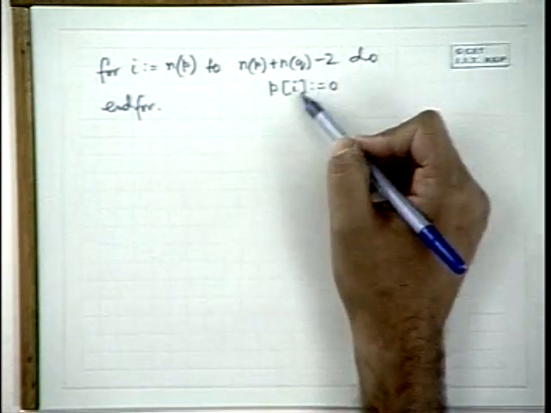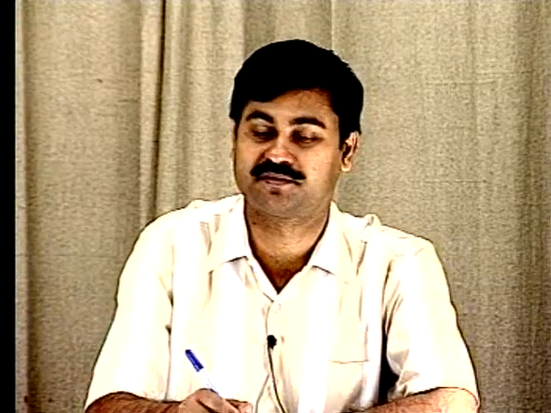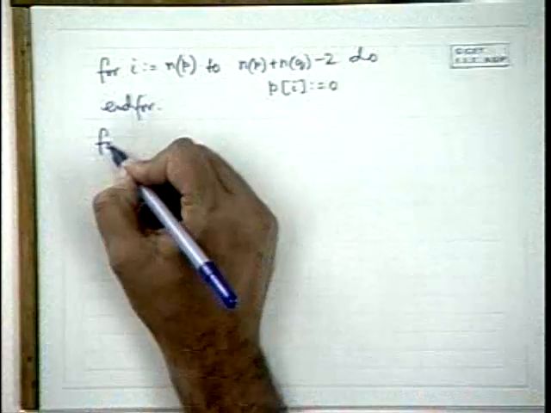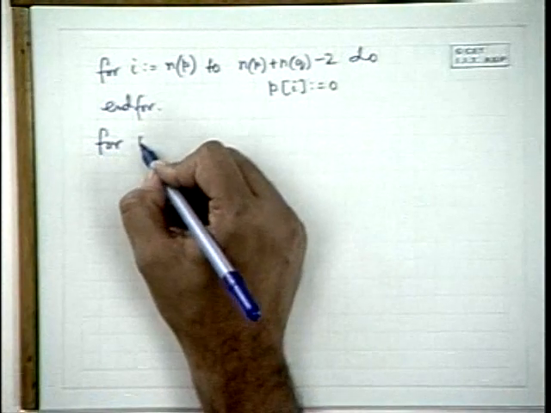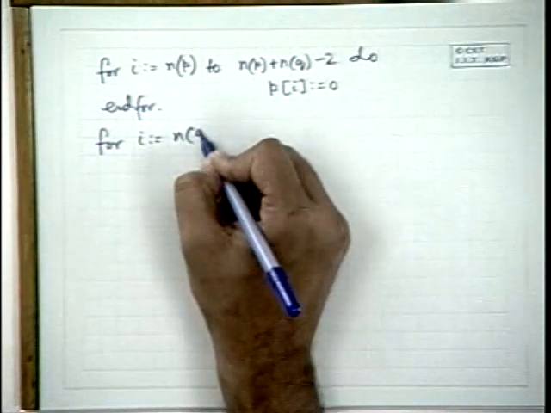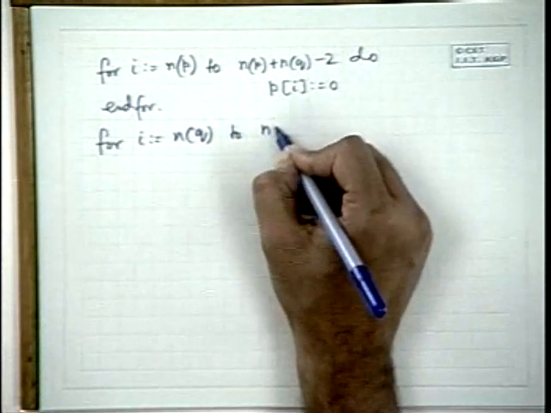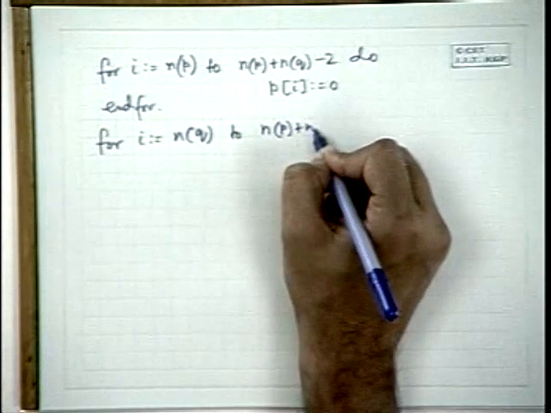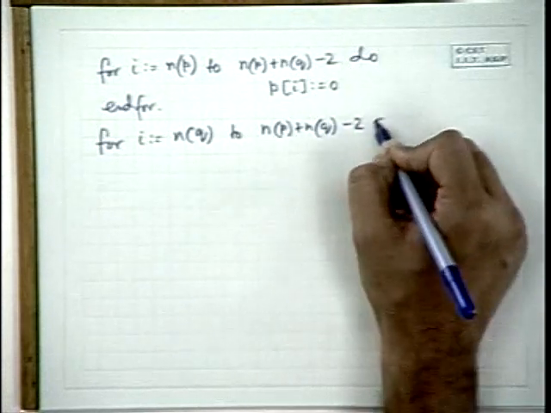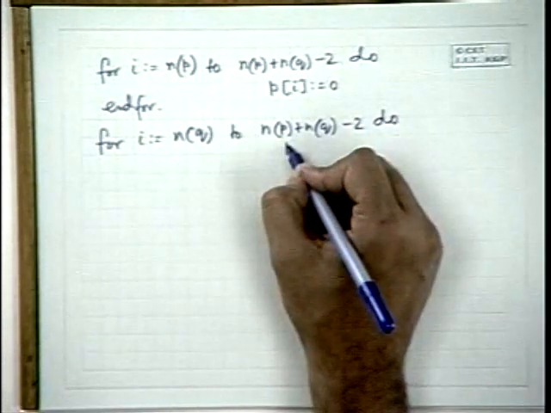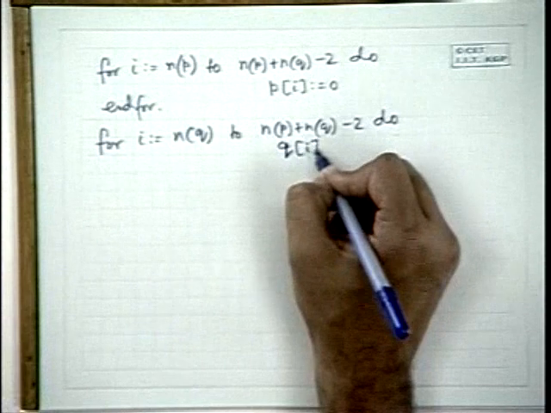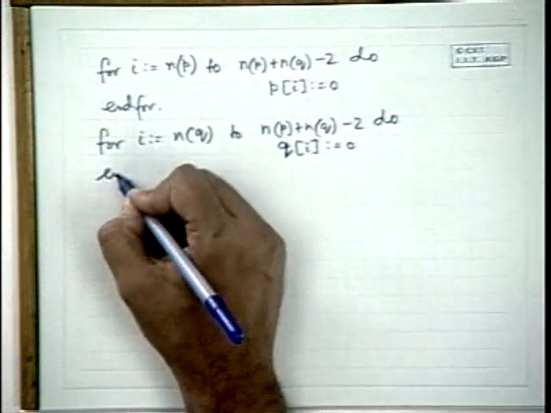We are not changing the polynomial by doing this; this is just an initialization. Next, for i equal to NQ to NP plus NQ minus 2, do again Qi equal to 0, and for